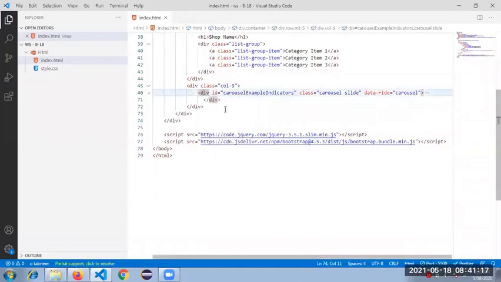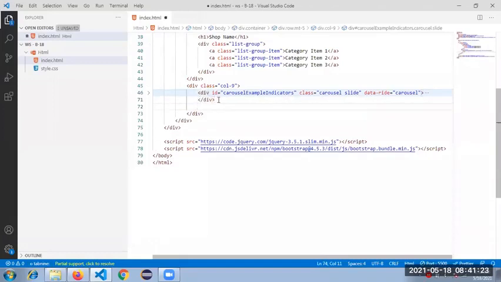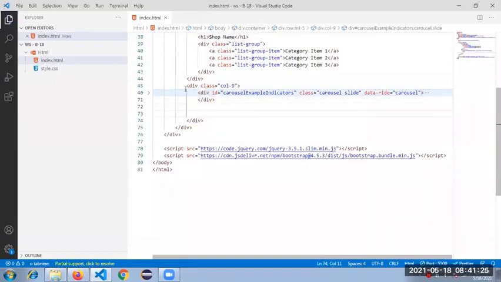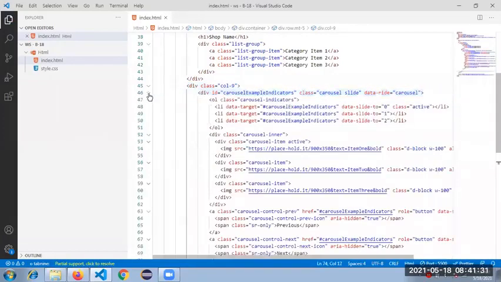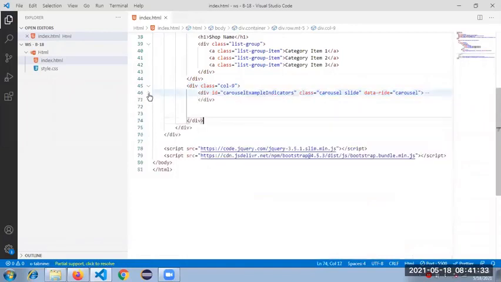Is it clear, guys, what I did now? In col 9, see here. This is col 9, this is our entire banner carousel example. Inside of this, just for your view and understanding, I toggled it.